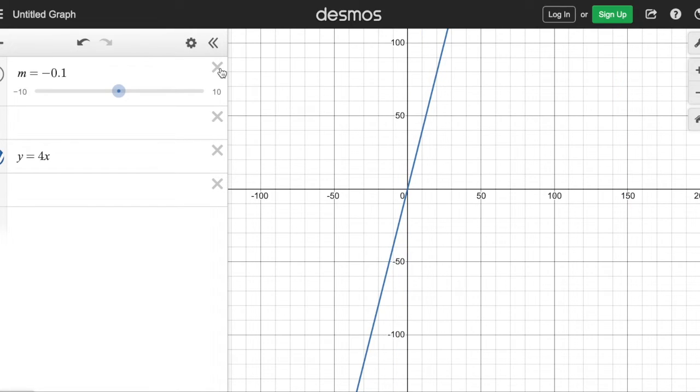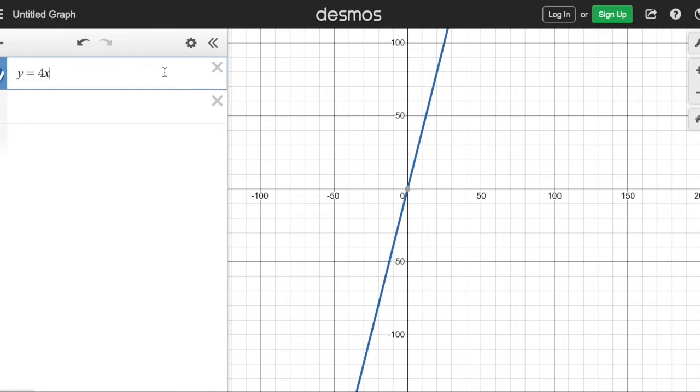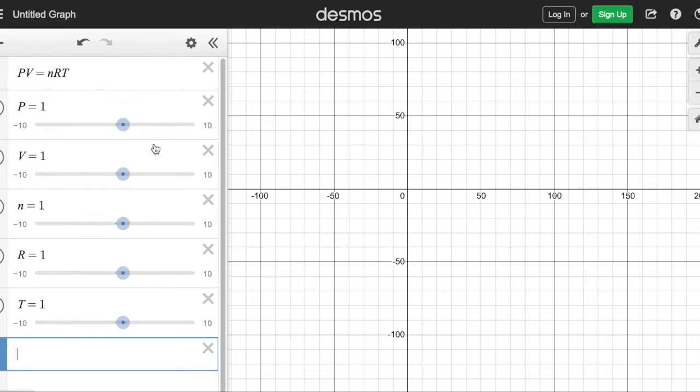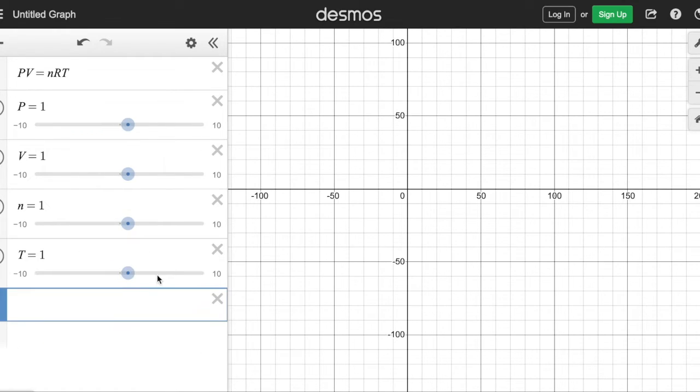But let's clear those, because that's not what we're here for. What we're here for is to look at the ideal gas law. So let's type that in. PV equals nRT. And nothing happens. Well, I hit enter, and it created a slider for all of these. But R shouldn't be a slider. R is a very exact value,